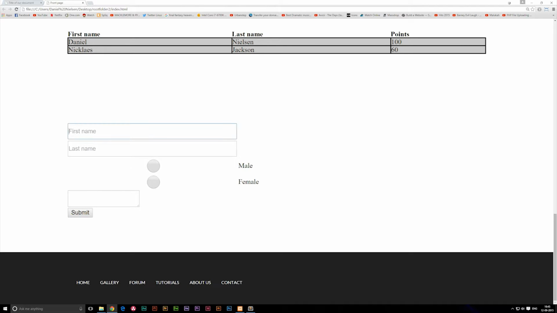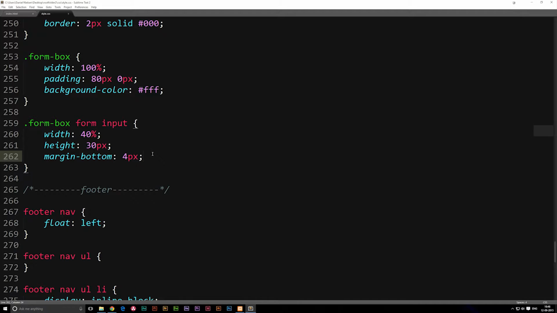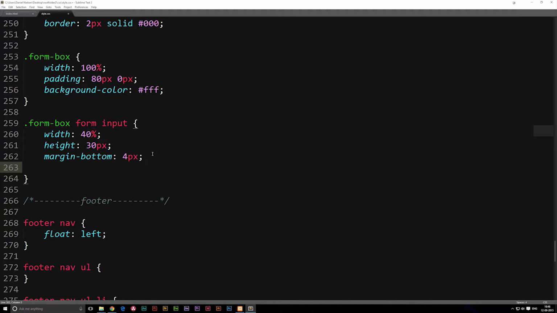Now, here's the thing. When we include a width and a height, you may notice that both the placeholder and, if you type text, the text is actually pretty close to the left side of our text box. So we need to include some spacing to the left side of this box. And the way we do that is with a padding. So if we go inside our input styling again, and we go down to the next line and we say